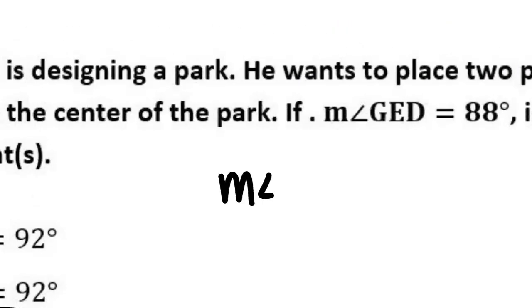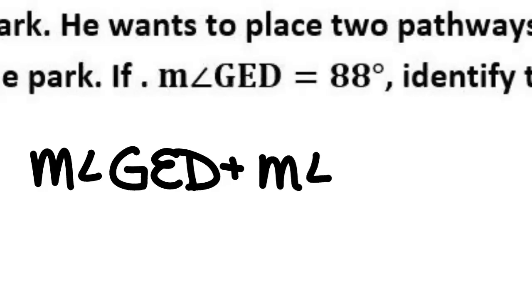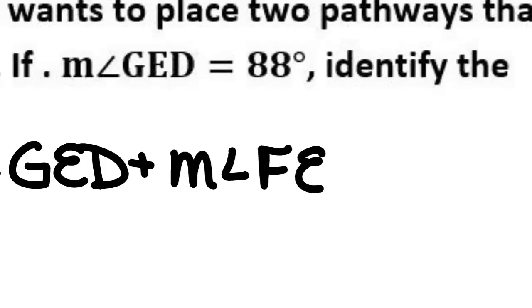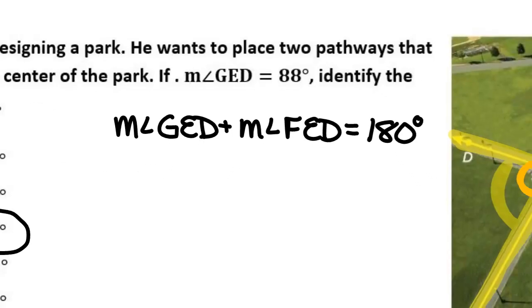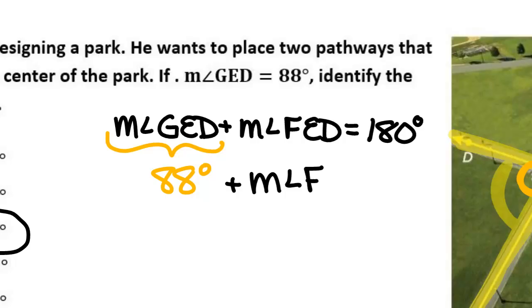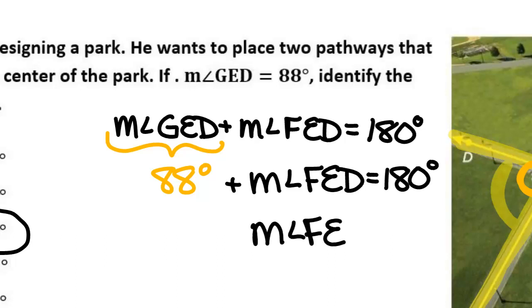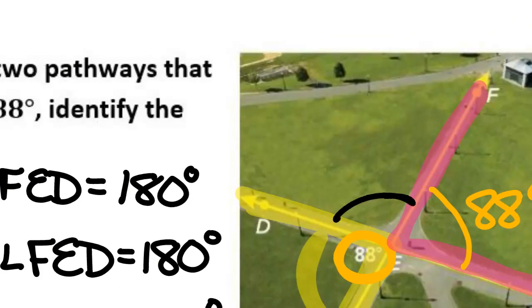So the measurement of angle GED plus the measurement of angle FED is equal to 180 degrees. We know that GED is 88 degrees. So now I'm going to subtract that from 180 to find angle FED. What is 180 minus 88? 92 degrees. So up here, this angle